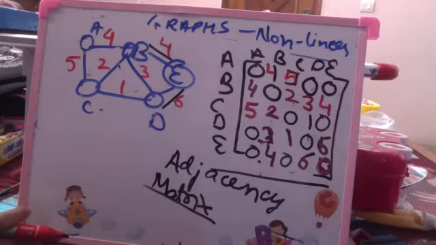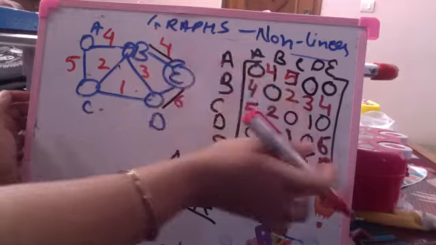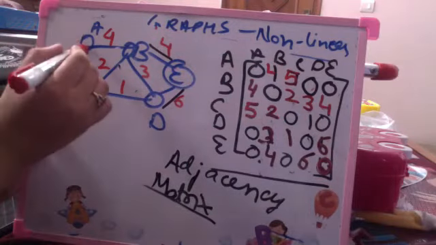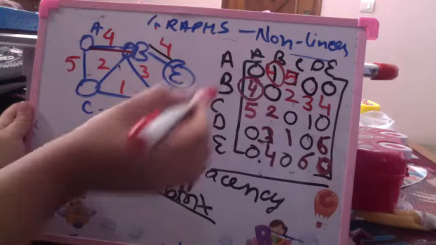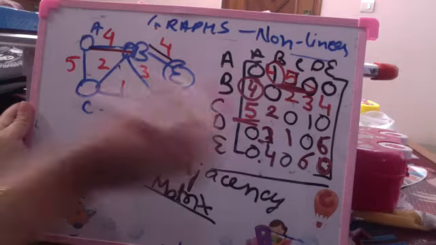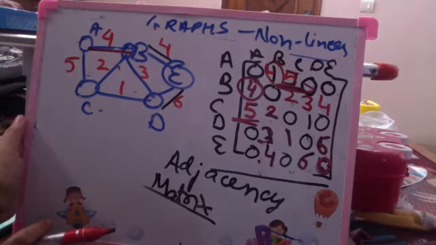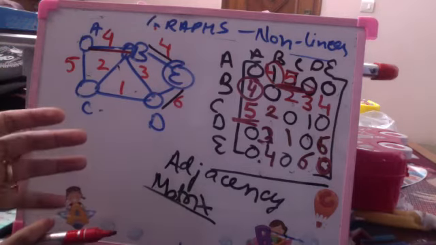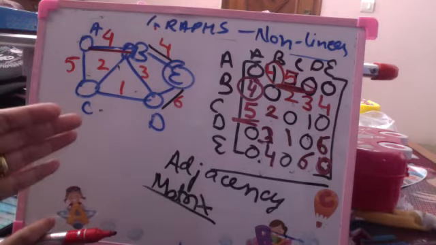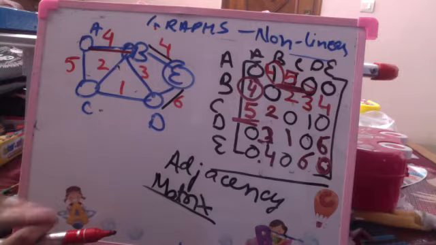In case of an undirected graph, the transpose of the matrix along the main diagonal is the same because A to B is the same edge as B to A. A to B is 4, B to A is 4. A to C is 5, C to A is 5. Row 1 and column 1 are the same. Row 2 and column 2 are the same. Row 3 and column 3 are the same. Are you all understanding this? So if I take the transpose of the matrix, it will remain the same. Transpose means that you make rows into columns, and columns into rows.